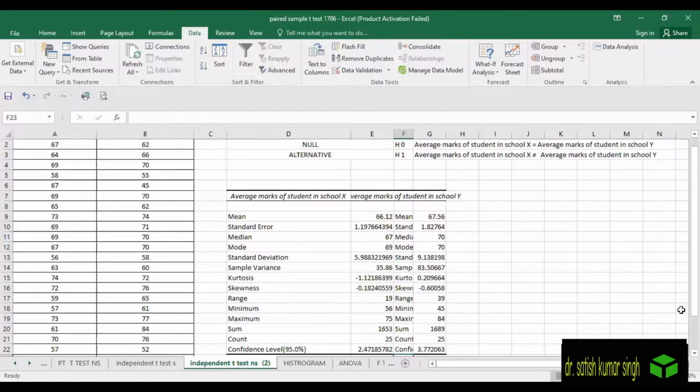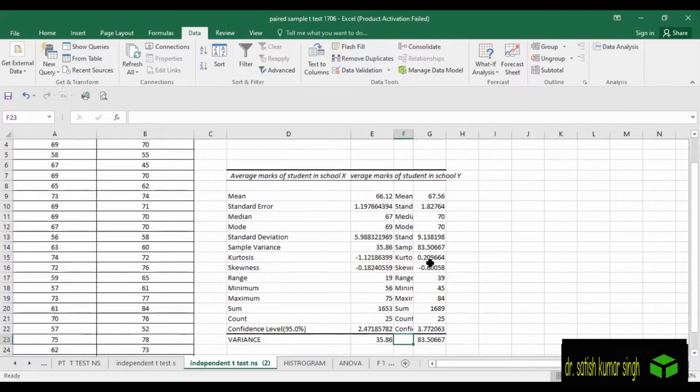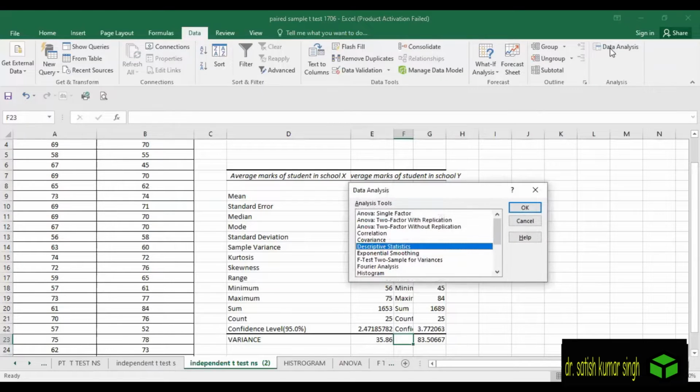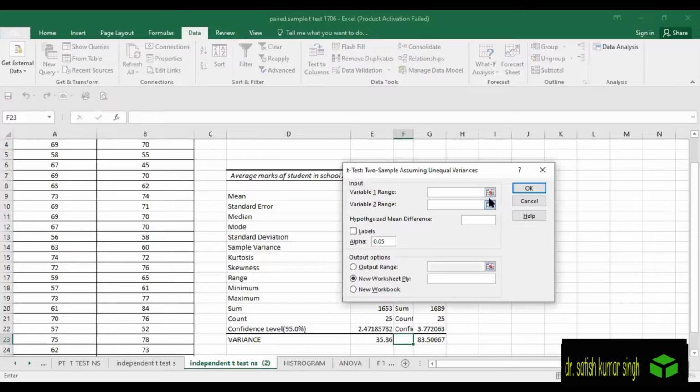So now, after looking at the descriptive statistics and finding out the variance, we can find the variances are not equal in the different samples. So again, go to the Data tab, press Data Analysis, and now check for t-test: two-sample assuming unequal variances. अब हमें इसको क्लिक करना है, क्लिक करेंगे.